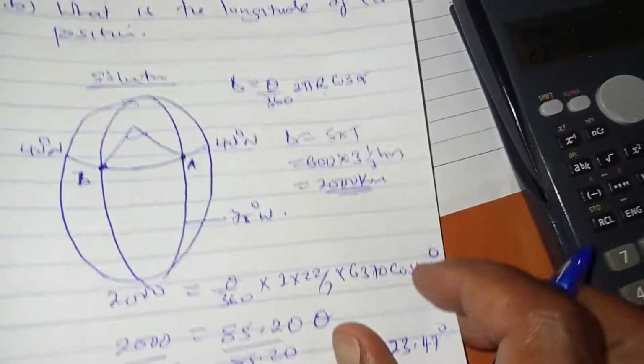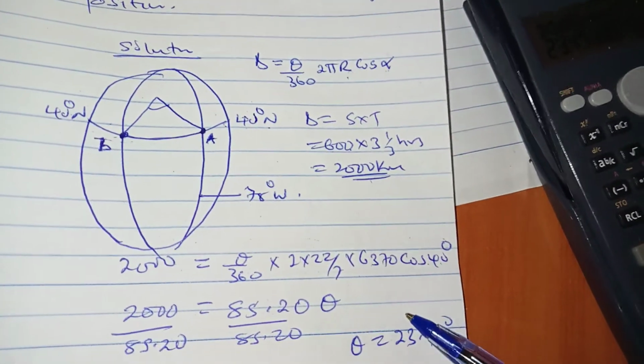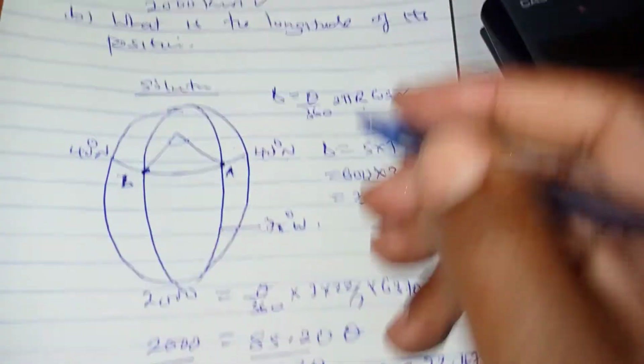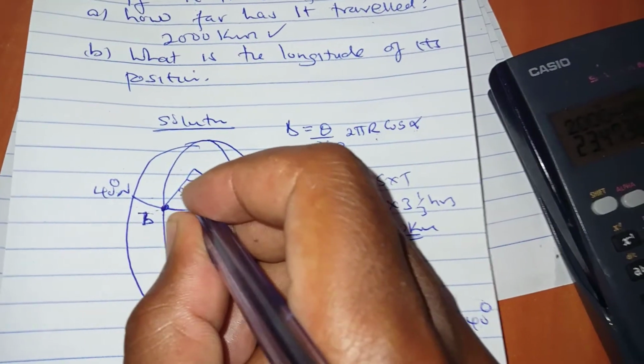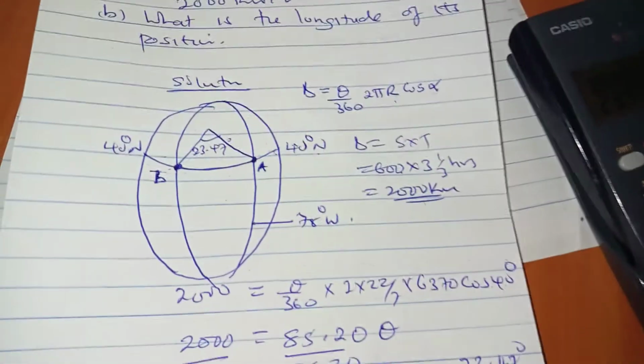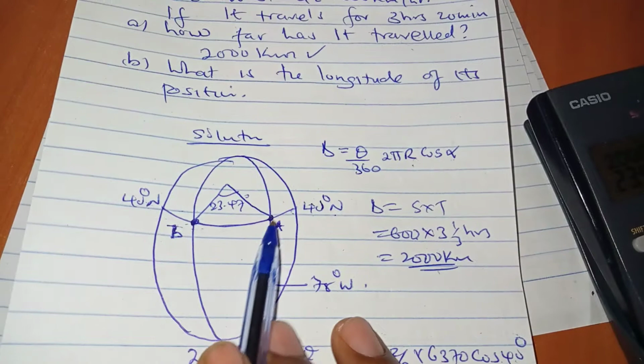We're almost there. Once you get 23.47 degrees, you know this is the angle, 23.47. So it means this plane flew